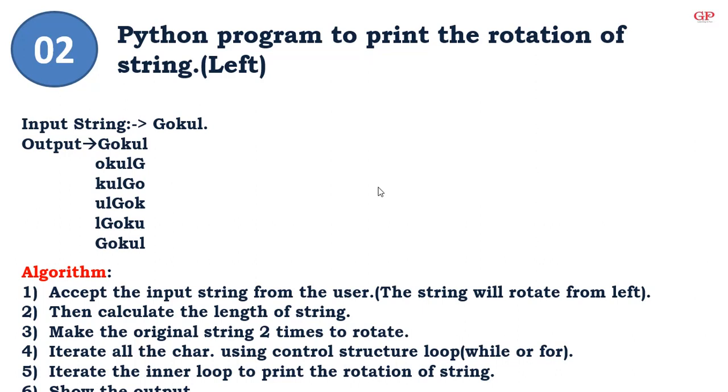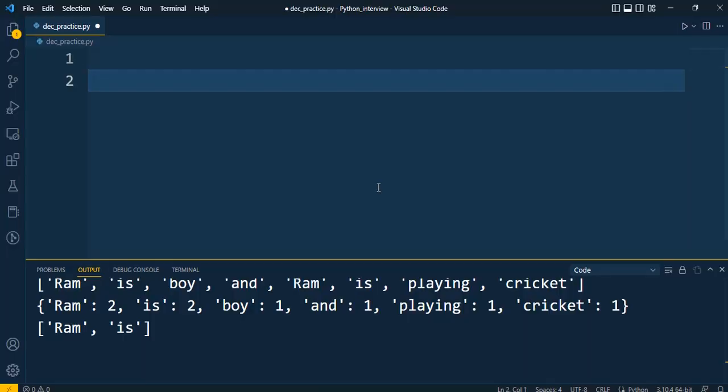So for that purpose, the algorithmic steps are: accept the input string from the user. So we'll read one string from a user, calculate the length of that string, and make the original string 2 times to rotate. We will concatenate that string to get a complete string. Then we'll iterate with 2 loops. The first loop initializes the value of I from 0 to the 5th character, and the inner loop will print the string in a rotation format. Finally we'll print the output. We'll see this through the coding, how to rotate the string